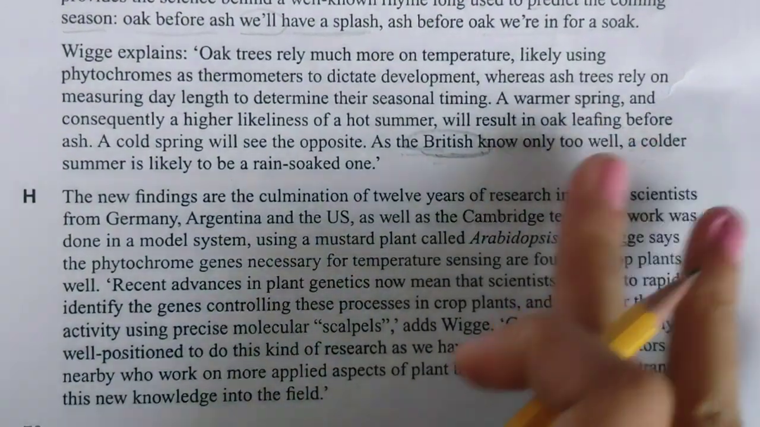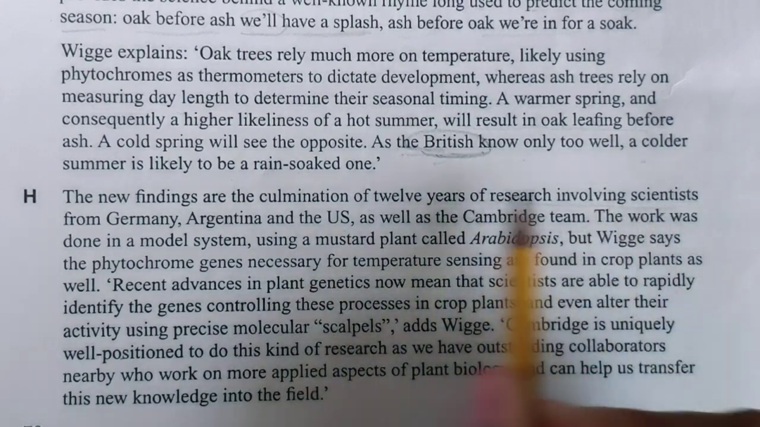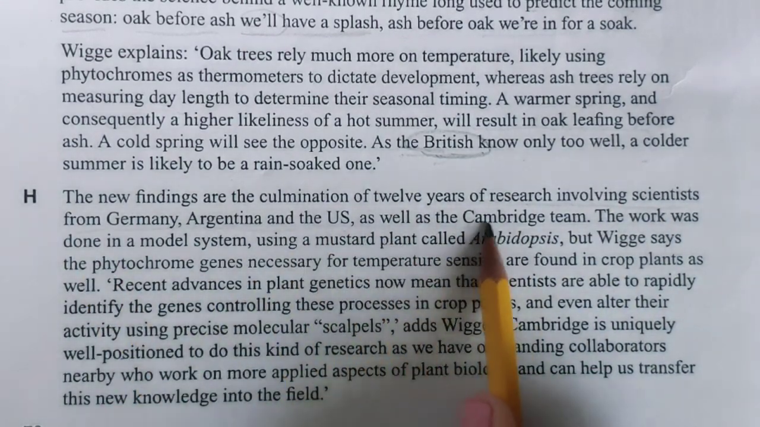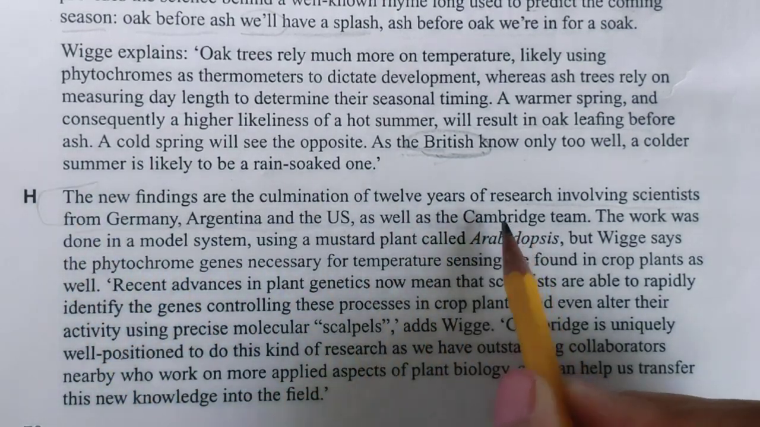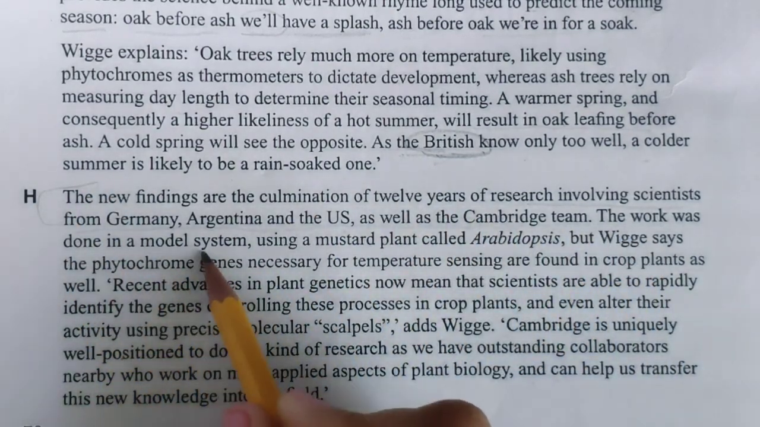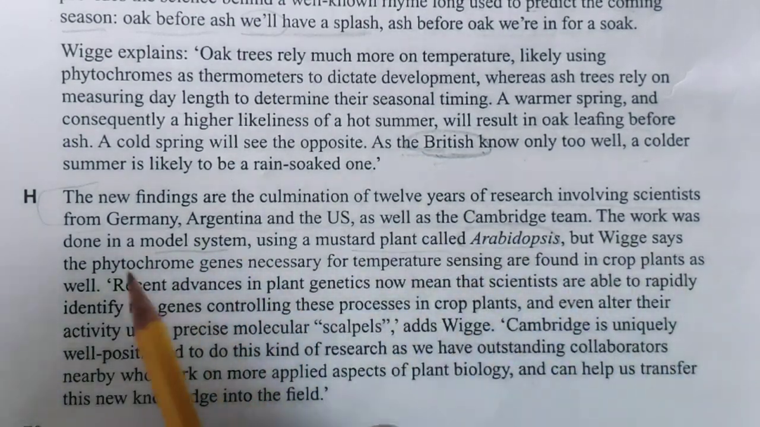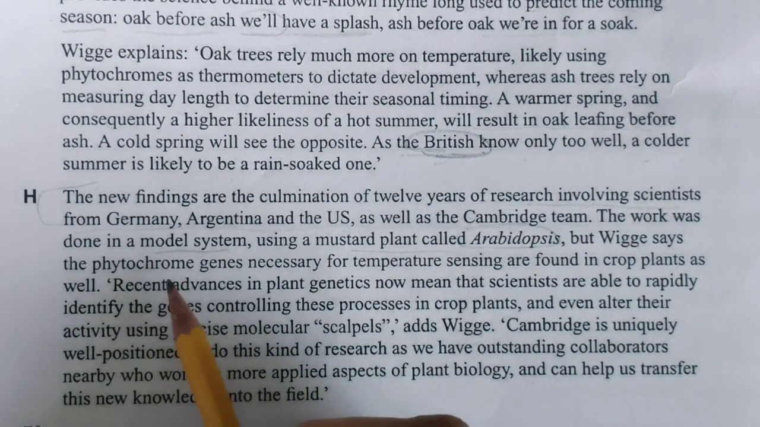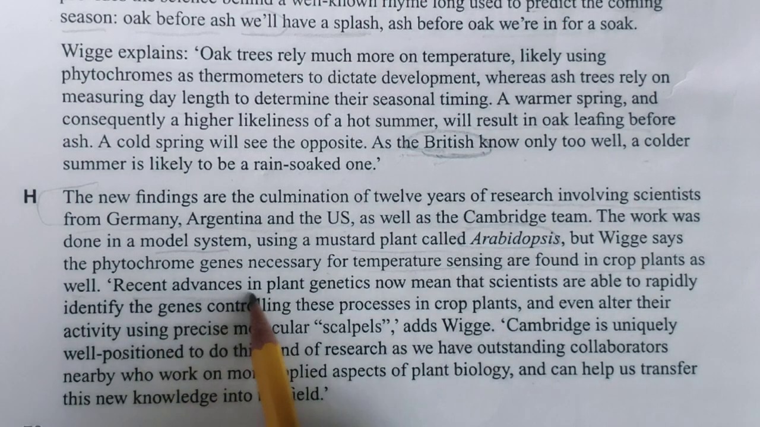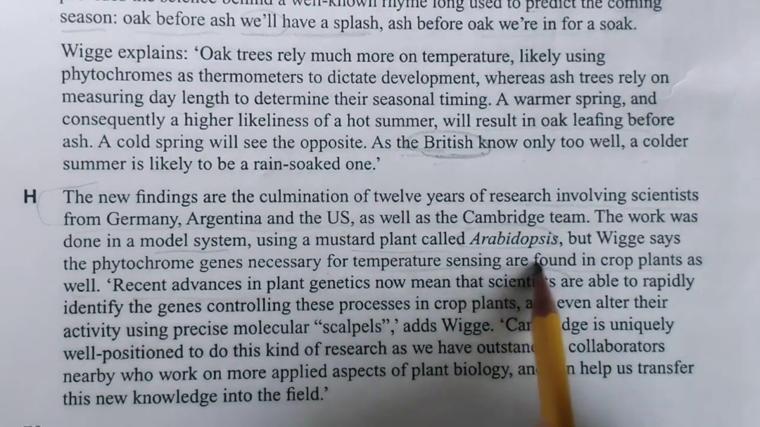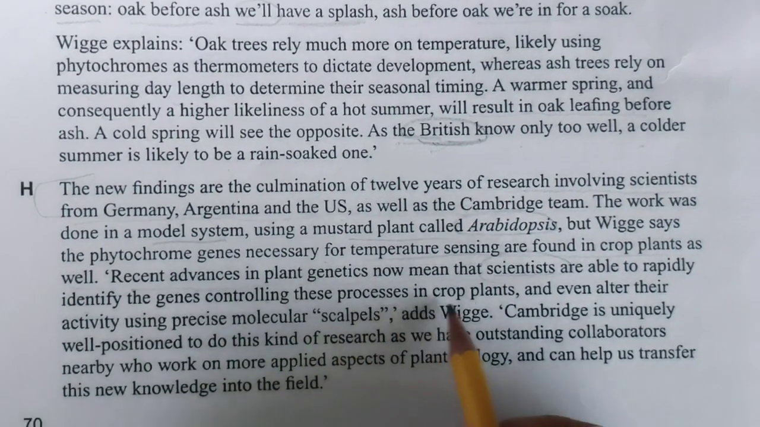H. The new findings are the accumulation of 12 years of research involving scientists from the university as well as the Cambridge team. Of course, they are talking about scientists. The work has been done in a model system, the mustard plant. The plant name is different, but the photochrome genes necessary for temperature sensing are found in crop plants. Recent advances mean scientists are able to rapidly identify these controlling processes in crops and even